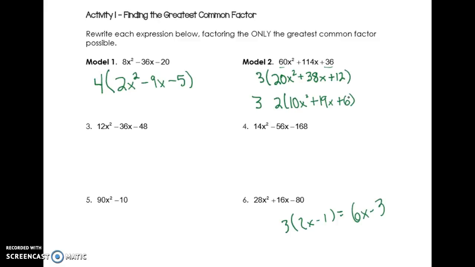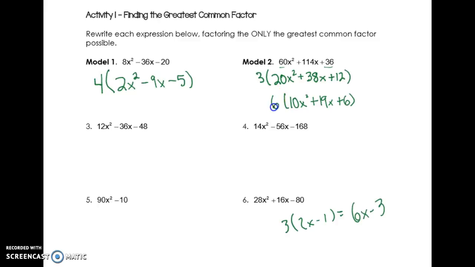Well, think of this when we did radicals. If you simplified a radical and there was something out there already, so if I gave you something like 2 root 8, and you broke that down to root 4 and root 2, that square root of 4 became 2, and it got multiplied by what was out there. We're going to do the same thing with the greatest common factor. So outside, I should have